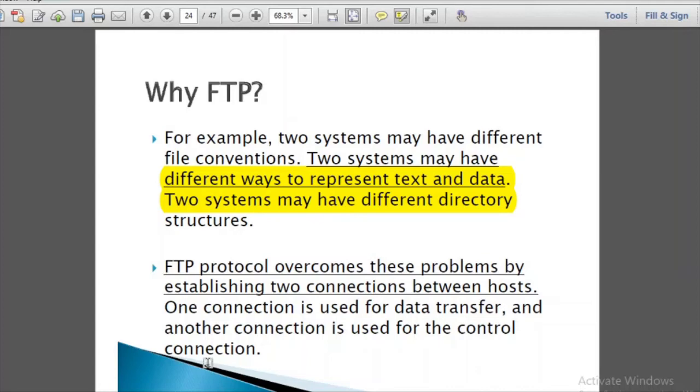So that when I transfer my data from one system to another, sometimes it happens that you receive a file from one of your friends or you download a file, and there are some certain symbols on it and you can't read properly what is written. That means FTP has not been able to transfer it properly, or the proper protocol has not been followed.